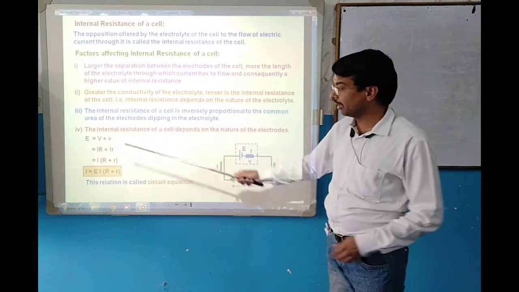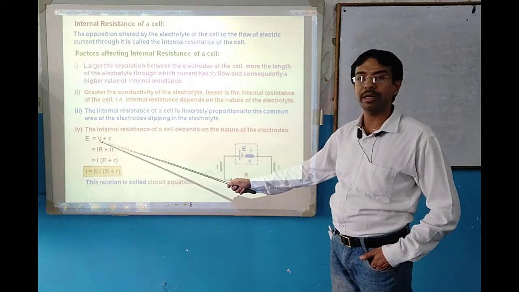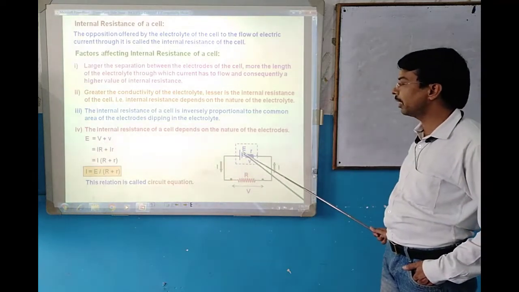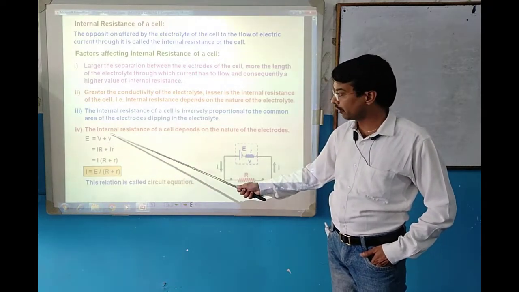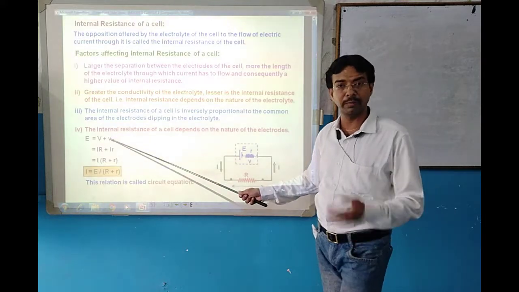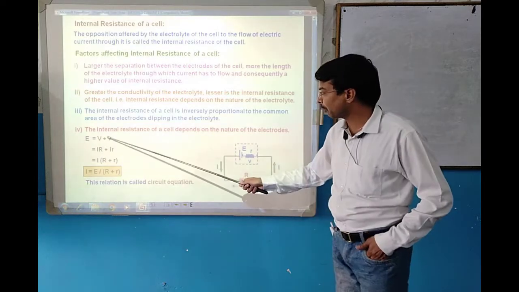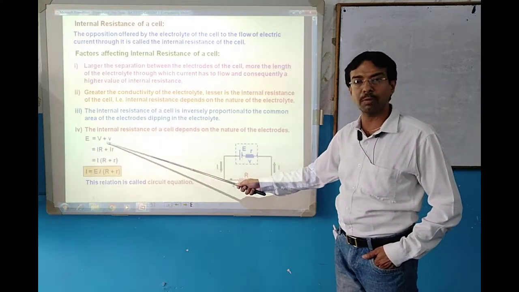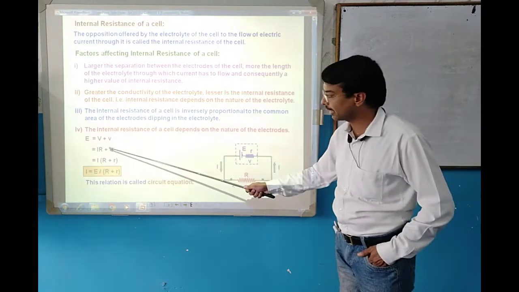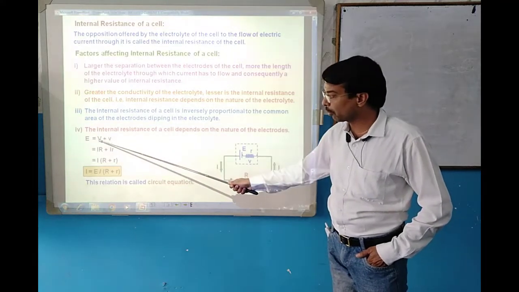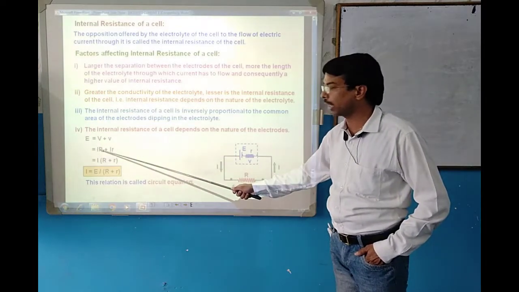The total amount of energy that can be provided must be equal to the potential available at the terminal plus the loss of potential energy inside the cell or battery. According to Ohm's law, as in my previous video, potential is the product of the current and the resistance. So the loss of potential inside the cell or battery, with current I flowing through it, is I into small r. And the potential drop due to the resistance capital R is I into capital R.